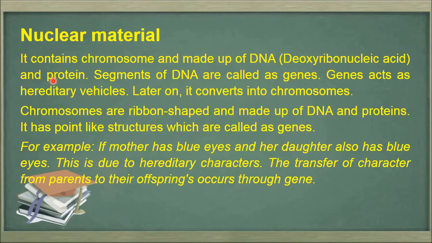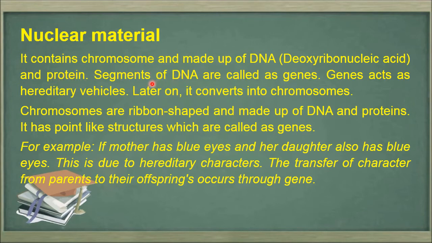For example, let's take human beings. Inside the cell of a human being, the nucleus contains 46 chromosomes. This is fixed for a human being. Whether we consider a cell of the head, a toe, a stomach cell or a liver cell, in all the cells the number of chromosomes will remain the same, and that is 46. So we say 46 chromosomes for a human being, or 23 pairs.